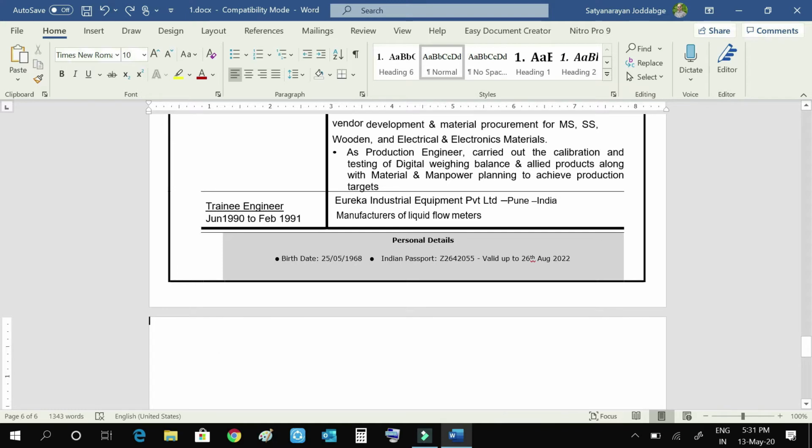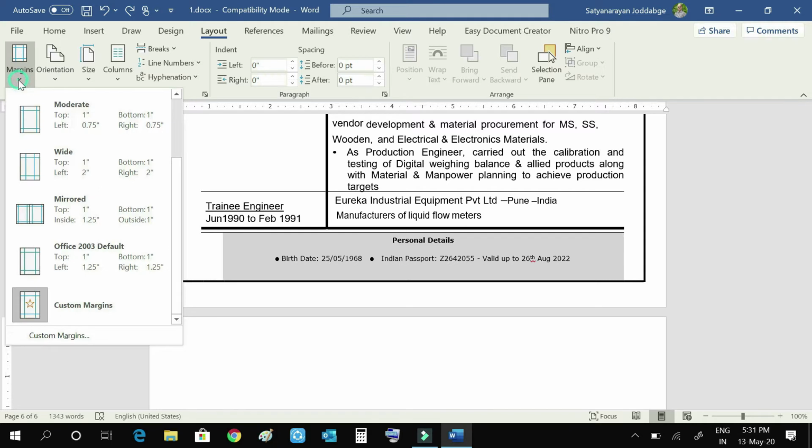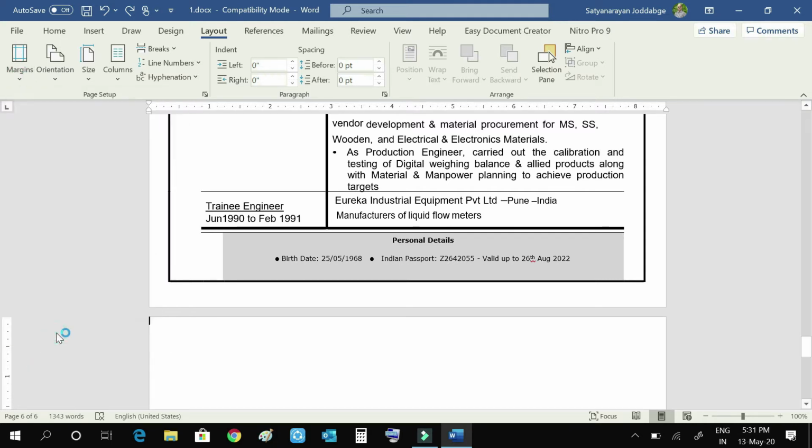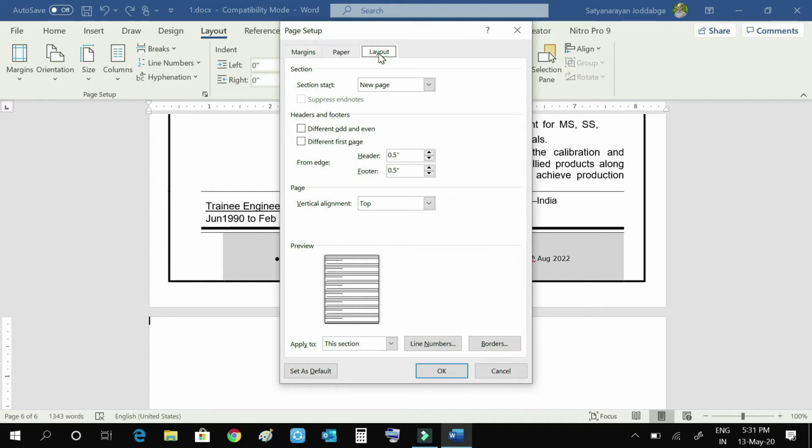Now in this case, there is another way which can remove this page. Go to layout, go to margin, custom margin, again layout, see section start, new page.